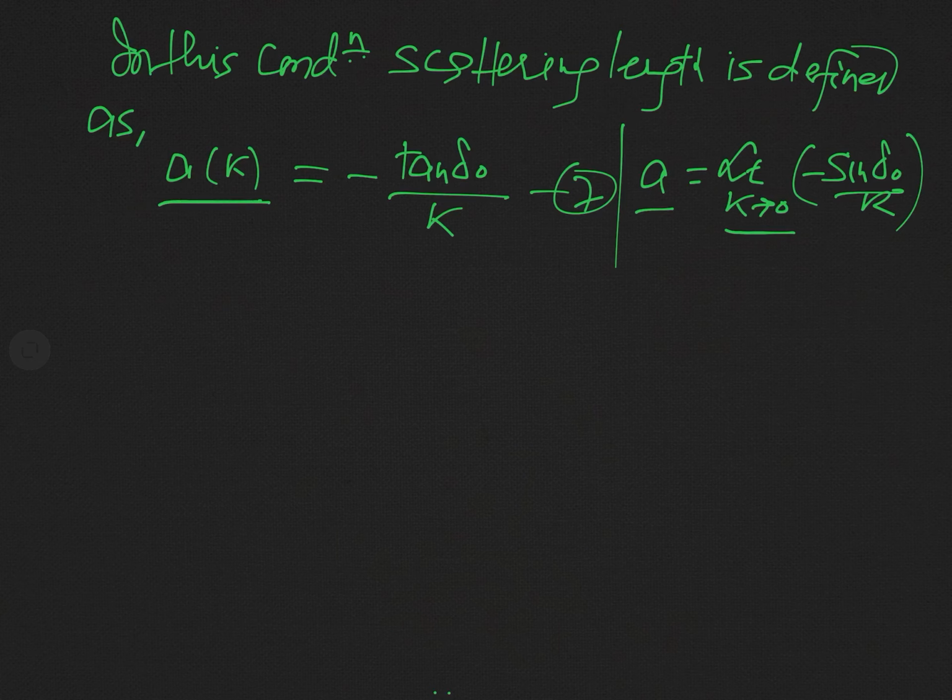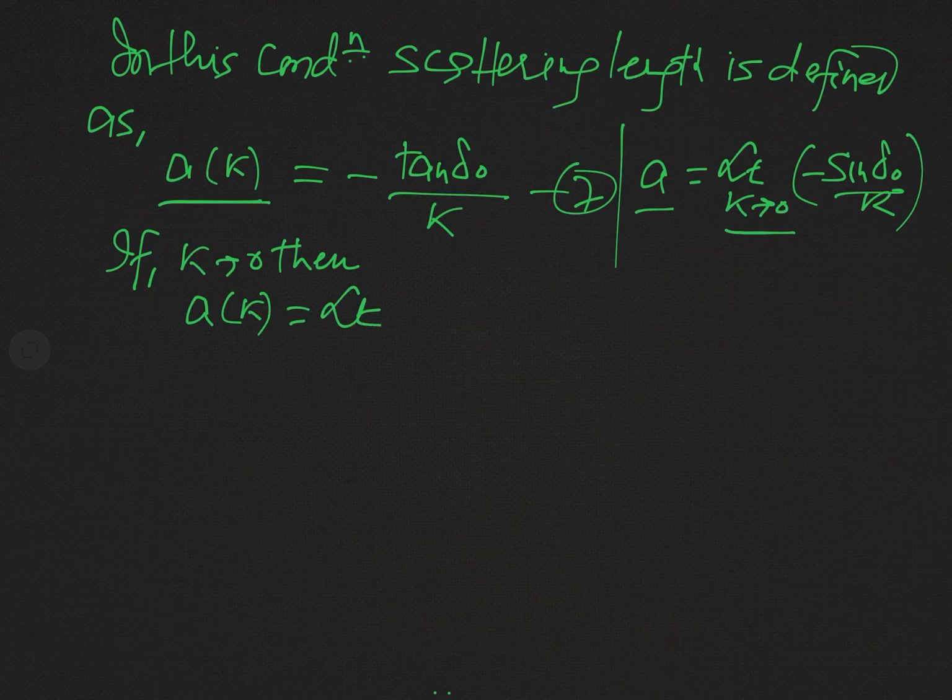Now you can check, as I have told you, this definition is valid for all values of k including 0. So we can check that if we impose the condition k tends to 0, then it follows the previous definition or not. We can check it. So check it. If k tends to 0, then